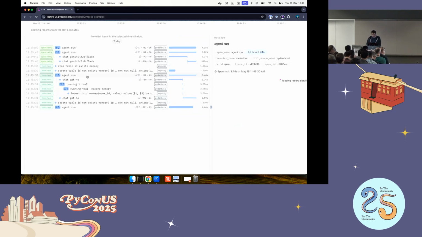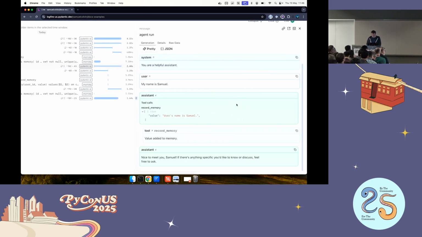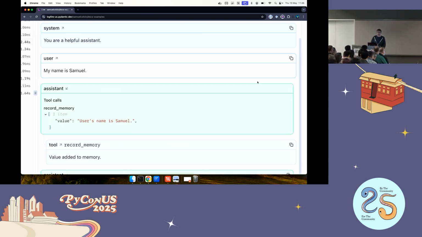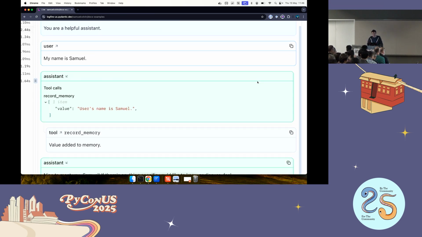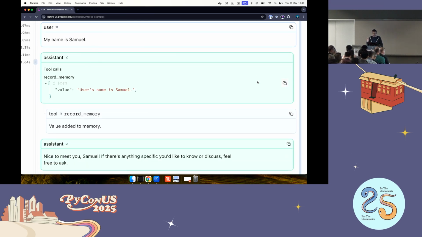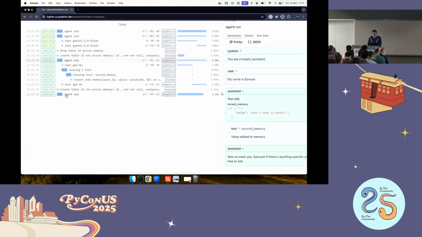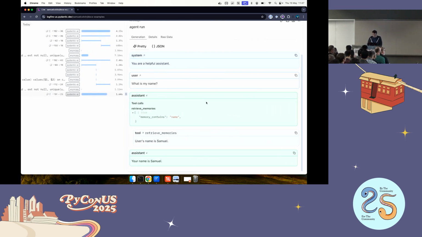And yeah, if we go back and we look at the actual agent run here, you can see what it did. So I'll just talk through it for those of you who maybe can't see it that well. We had the system instruction. We had the user input, which is my name is Samuel. It decided to call the tool record memory with the user's name is Samuel, value added to memory, and then it replied. And then when we made the second run, which here was obviously in the same process and the same call, but in theory could be weeks later, because we've now just got this data stored in our Postgres database, you'll see it,